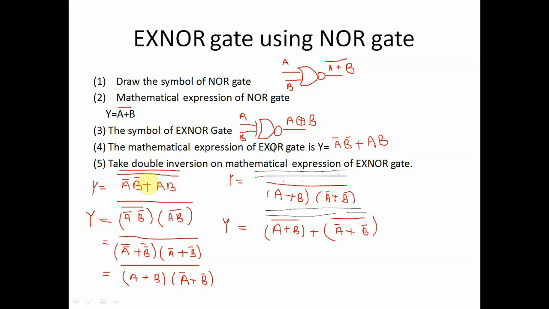After that apply this. Here the multiplication process is present. Here is also the multiplication process present, but this multiplication process is converted into the addition. For that purpose it is necessary to apply De Morgan's theorem. This one is the first De Morgan's theorem. Here the addition is converted into the multiplication, and again apply the second De Morgan's theorem. So a double bar plus b double bar in the first bracket, and in the second bracket here also apply De Morgan's theorem. So a bar plus b bar.